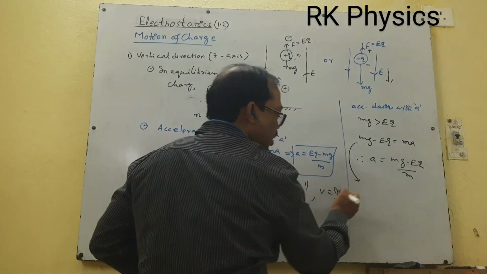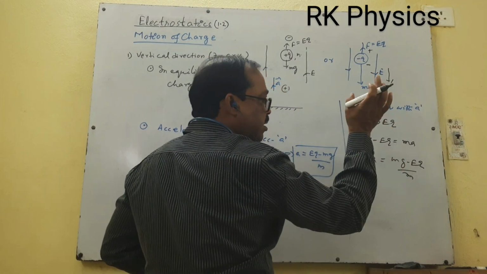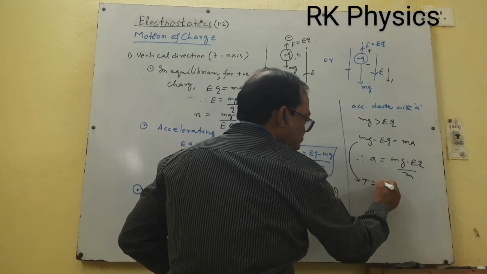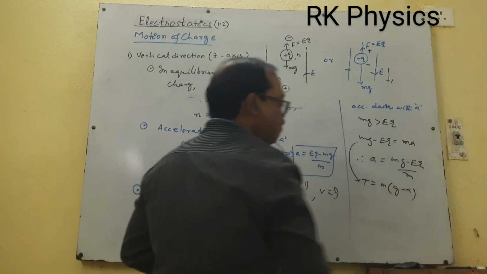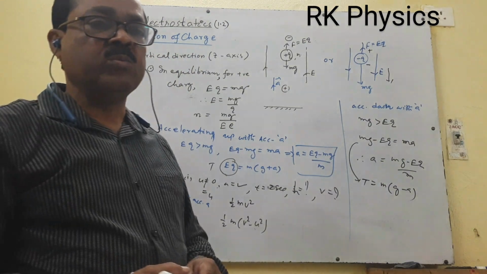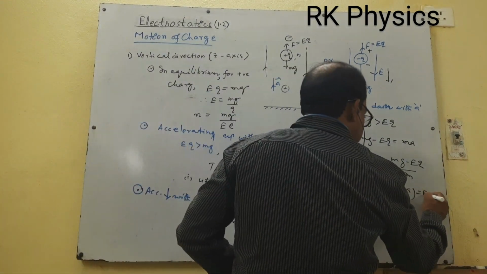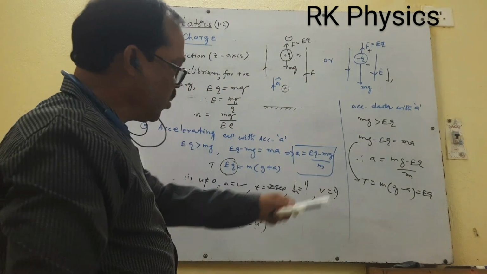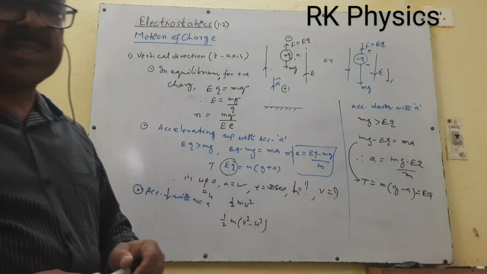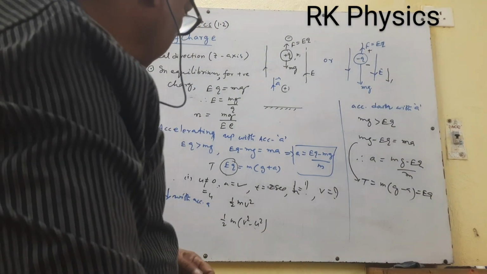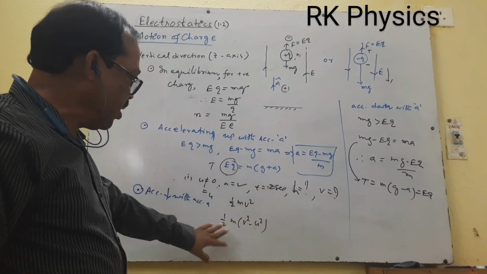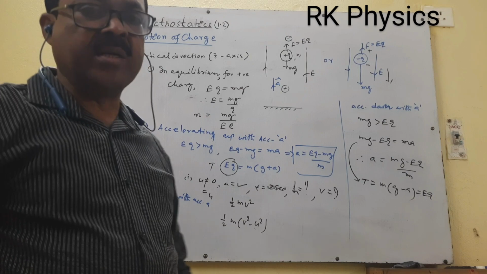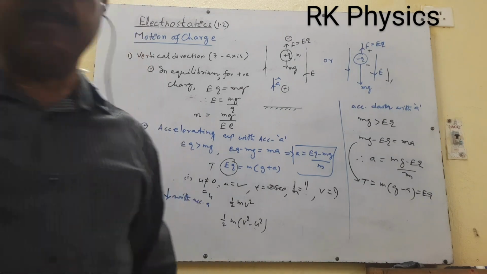With the help of this formula, if you put eq equal to T, the object is moving down, so use the lift problem: T equals m into (g minus a). T means eq, and that can be written as eq. So similarly, by using the kinematic properties, if you are able to get the acceleration once and one or two other values are given, other values can be calculated with the help of kinematics and dynamics principles. Okay.